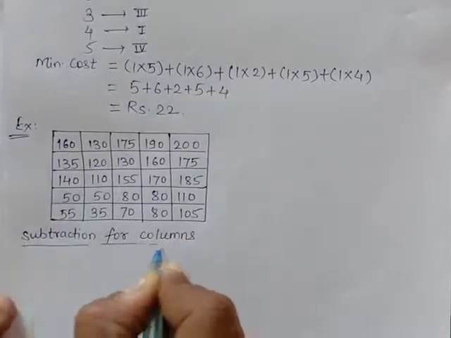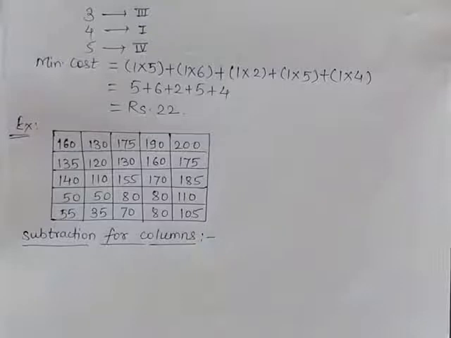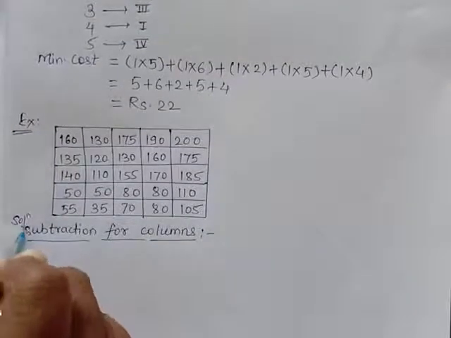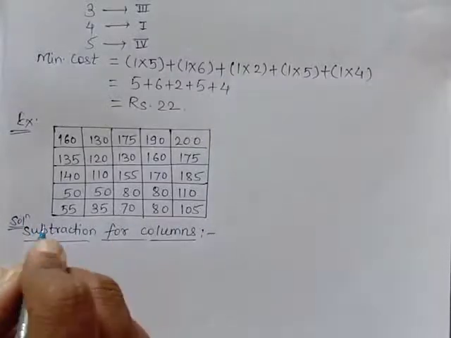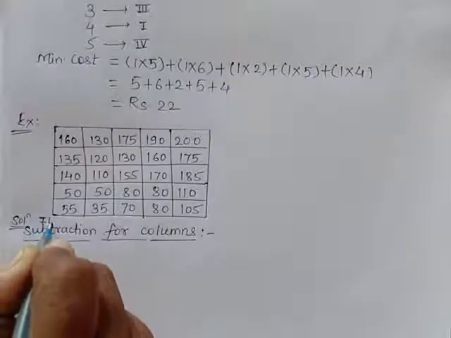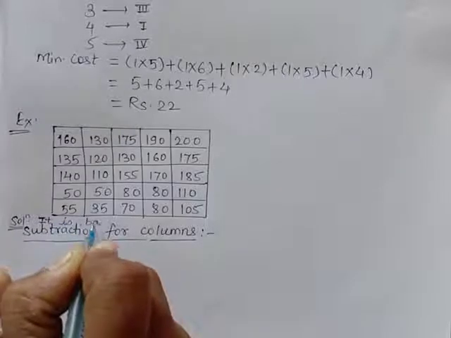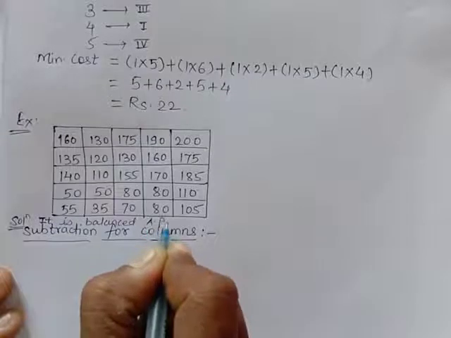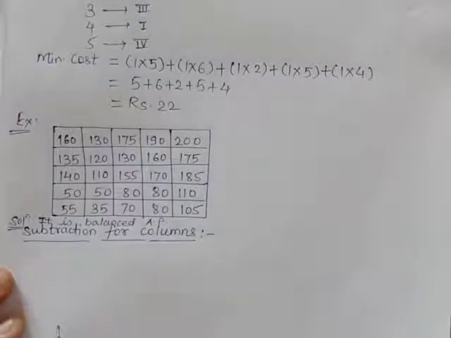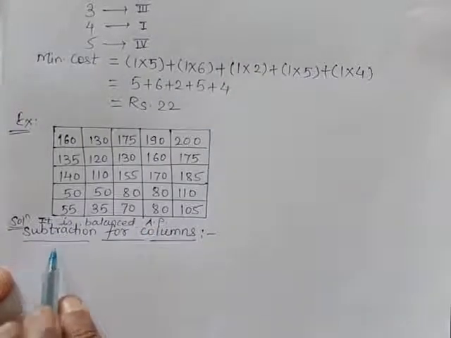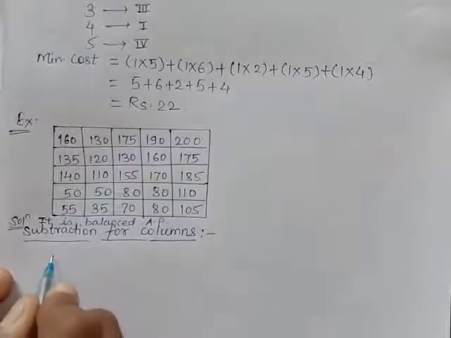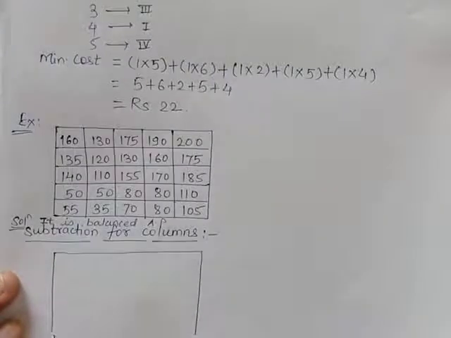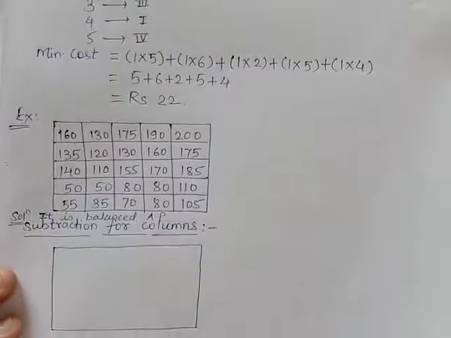Subtraction for columns. Let's do it. This is a solution. You should write first that it is a balanced assignment problem. That is your job. You should write those things. And now I am doing subtraction for column first. So by doing subtraction for column first, what do we get? Our matrix will become